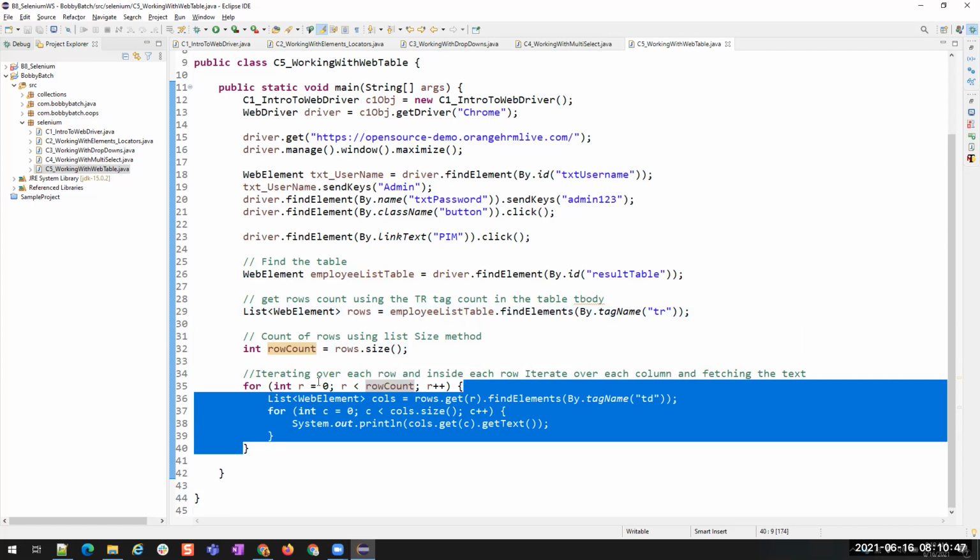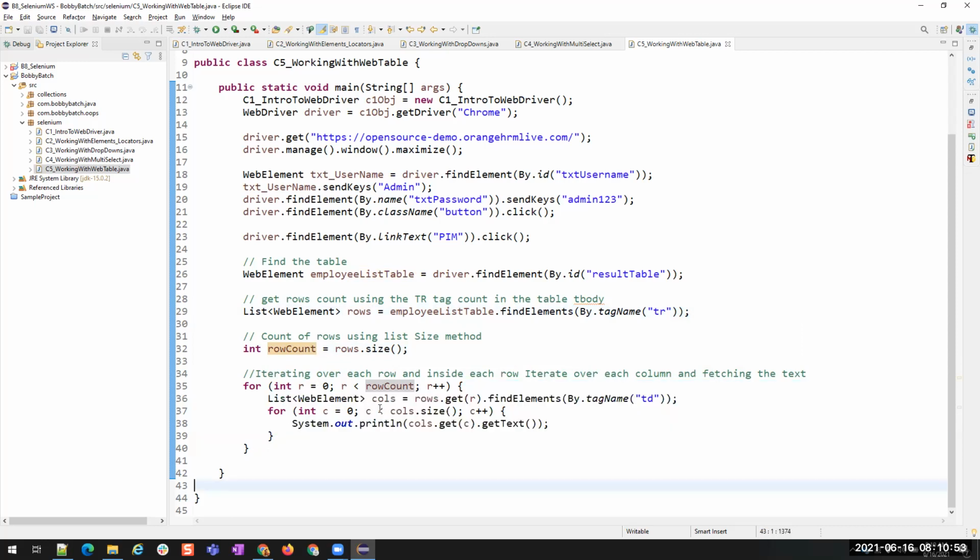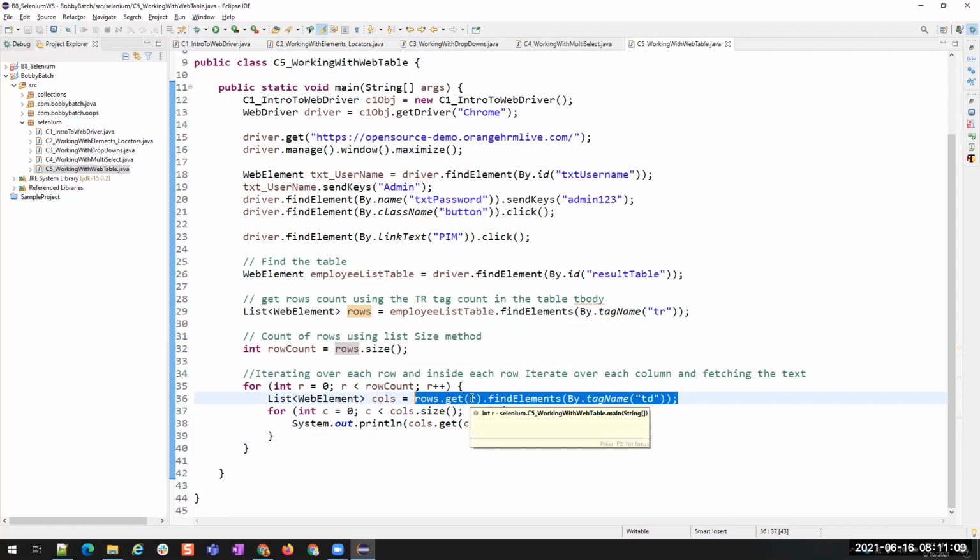Inside row, we have multiple columns and we have multiple rows. Each row has separate columns. So what I'm doing is getting each row and finding the columns inside that particular row using the TD tag.